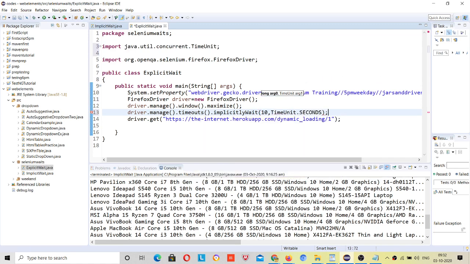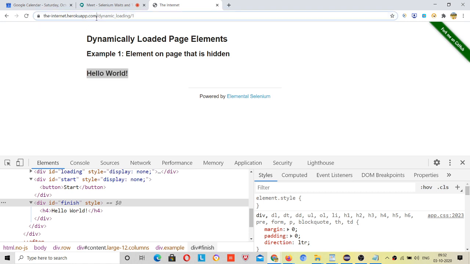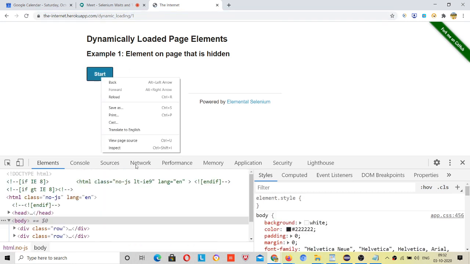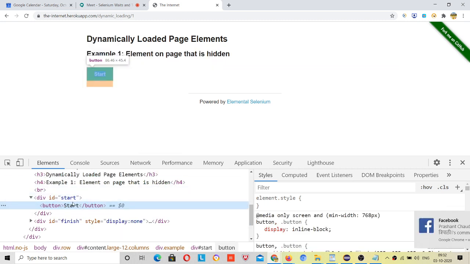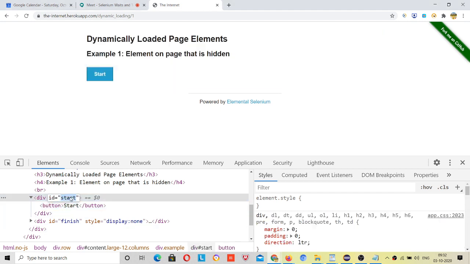Okay, now I will click on this button. Let's load it again. Right click, inspect this, and locate this button, where id is equal to start.